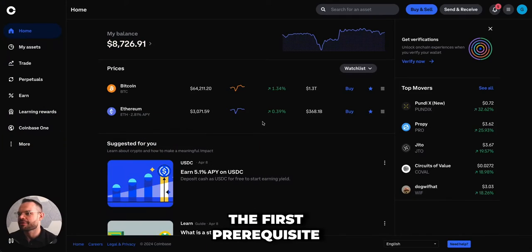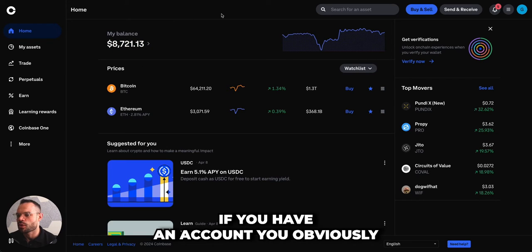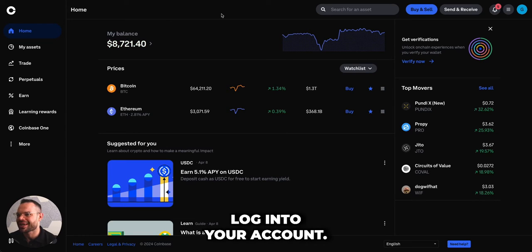And obviously the first prerequisite is that you are going to need a Coinbase account. So yes, you do need to firstly come over to coinbase.com. If you have an account, you obviously need to log into your account. If you do not have an account, you need to click on the sign up button and create an account